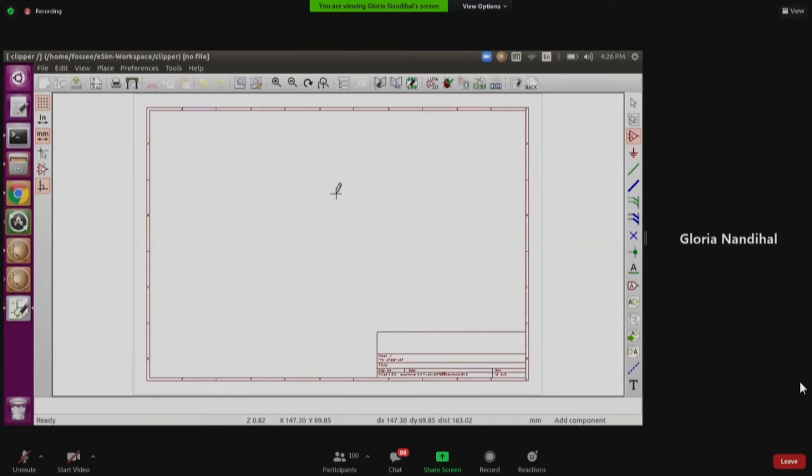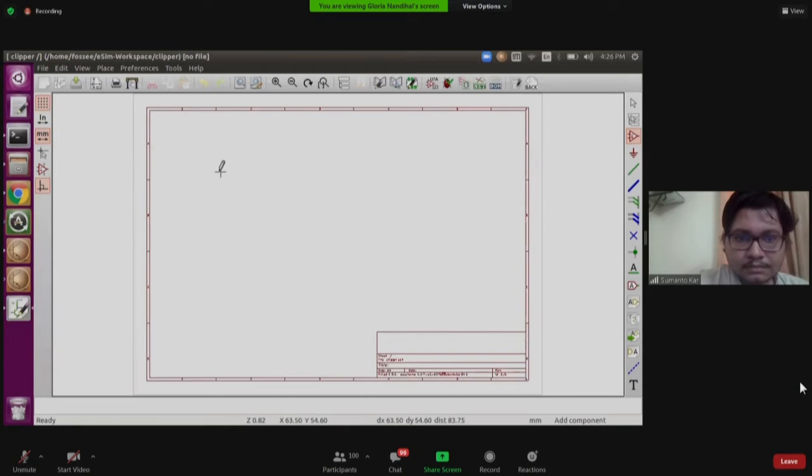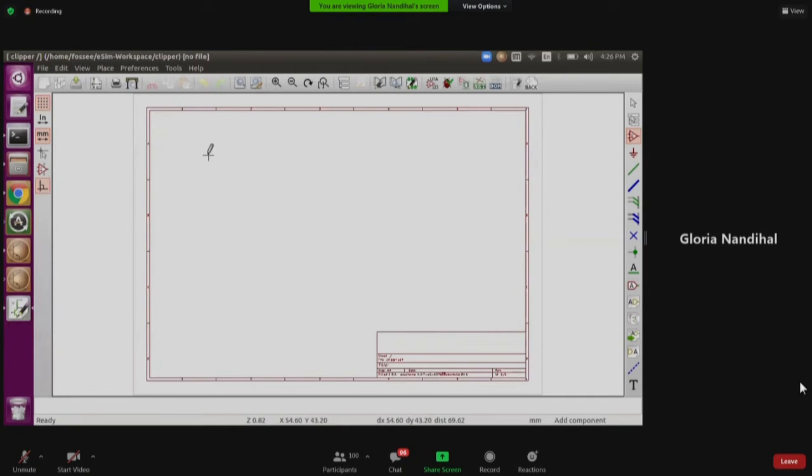So any doubts still here? You guys were able to follow it, right? Any doubt on how to open a schematic and load the library? So now I will import the schematic. So how do we import the schematic? Ma'am, would you repeat this? Pardon? Would you repeat this?